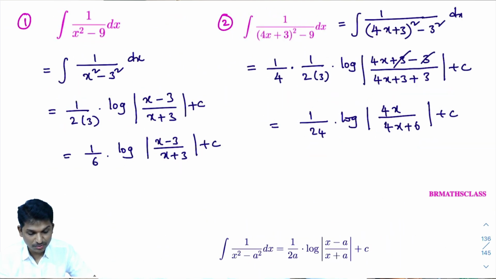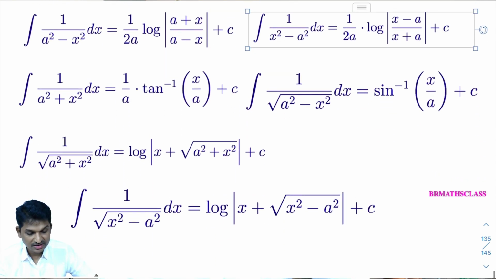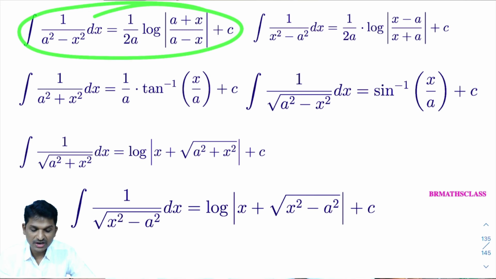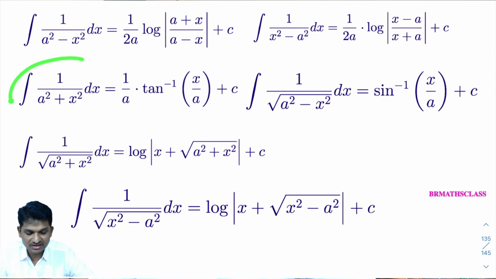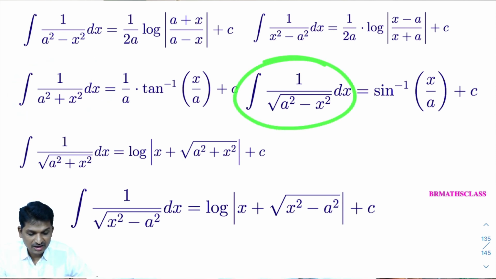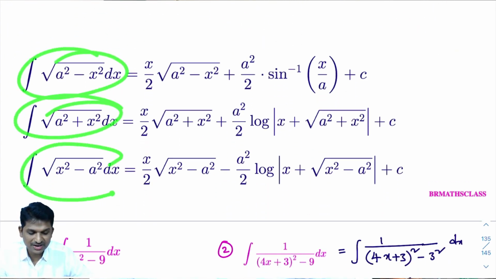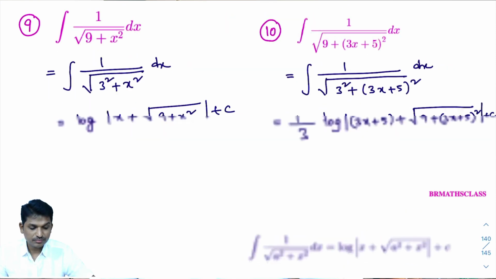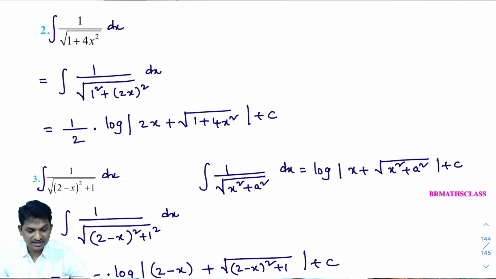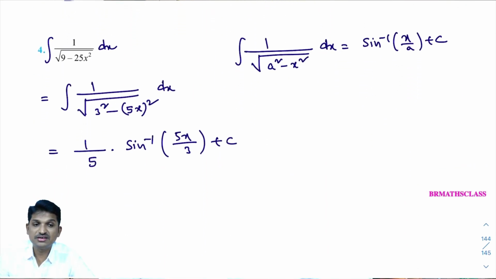Important thing is you need to memorize these formulas, especially these 6 formulas: integral of 1 divided by root over a square minus x square dx, integral of 1 divided by x square minus a square dx, integral of 1 divided by a square plus x square dx, and these 3 formulas. If you memorize these formulas, then you can do these problems very easily. With this, the theory part related to exercise number 7.4 is almost over, right? In today's class we started the exercise number 7.4 problems. 3 problems we completed, right? So I hope you understand today's class.